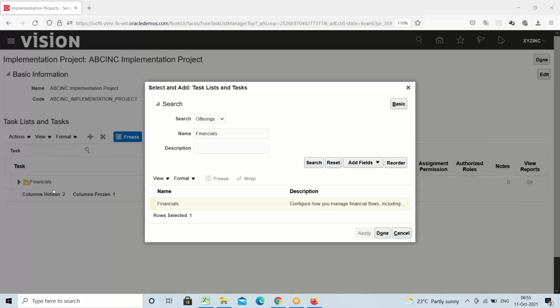Now we can see in the background financials is added. In the same way, if you want to add any other options also, you can add. Here, search for, say, for example, task list,